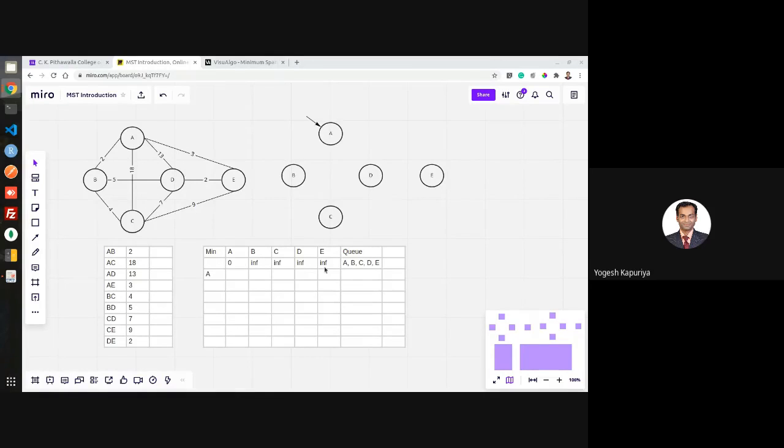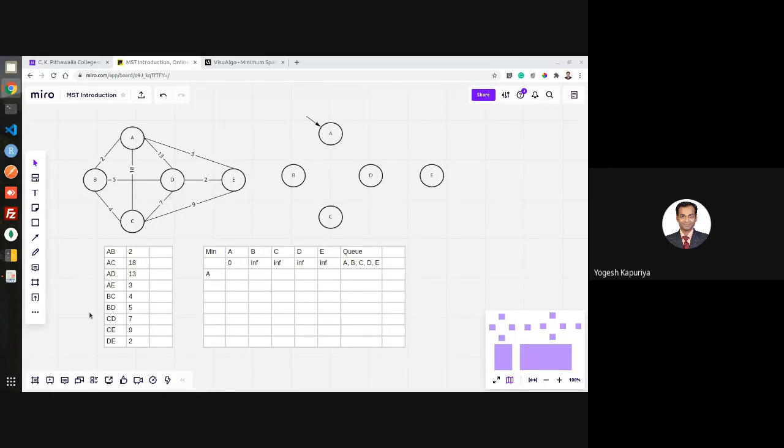For every edge connected to A, you will update the key of the other vertex, which for A are B, C, D and E. You update it only if the key of that vertex is greater than the weight of that particular edge.